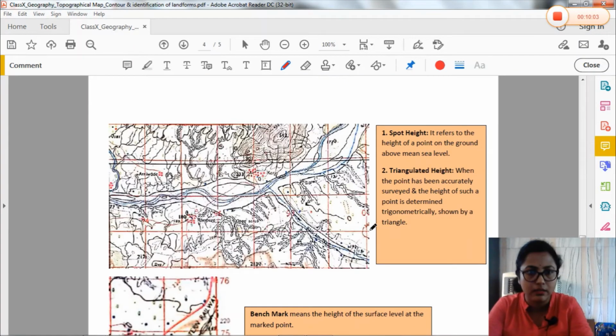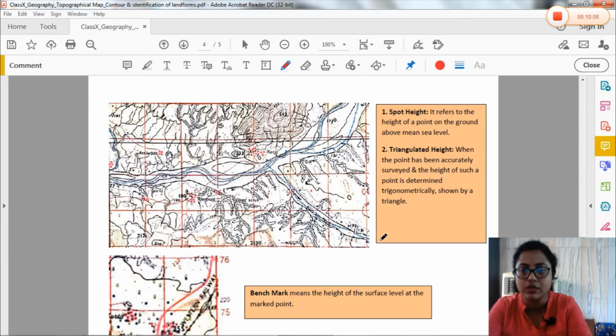So by seeing the contour pattern, we can identify the general slope of the land of the given map extract. Now if you see this one, here also the contours are spaced closely. So it indicates highland topography. See, the spot height value given is 542. Now, what is spot height? I explained it before also. Today again I am explaining.